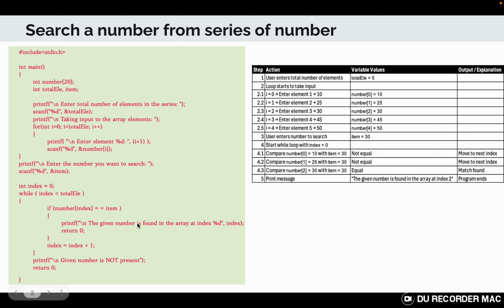Match is found. The print is given, like, the given number is found at index %d. Now this %d gets replaced with the index. The match got found when the index was 2, right? Here the index was 2. We are comparing the 0, 1 and 2 index. So it prints the given number is found in the array at index 2, and then we have this